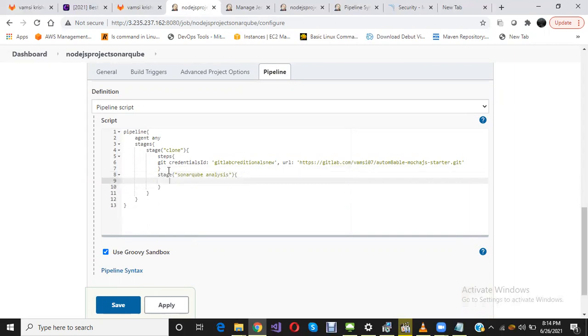Now I need to specify this. How can we add the Node.js step? For this, we need to add the Node.js installation.